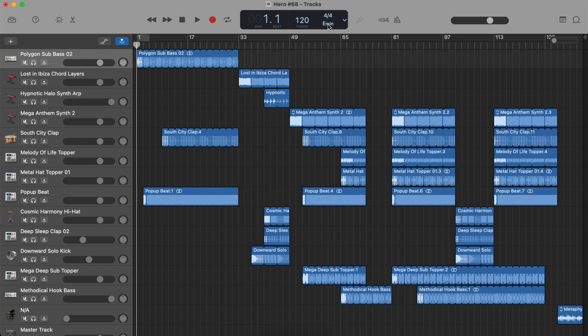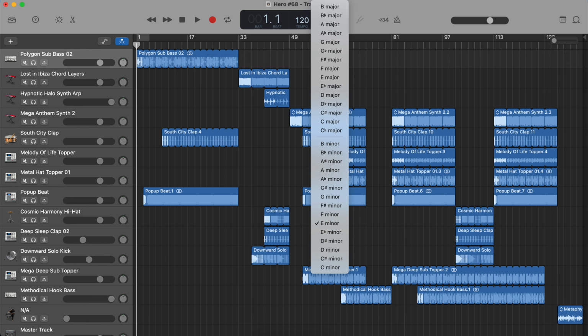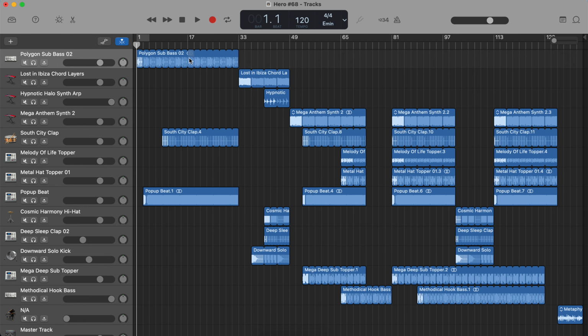The next thing I usually do is change the key. This one's an E minor, but if you click there, you can change it to anything you want. This will change the sound of your loops. For example, if I have this little loop right here,